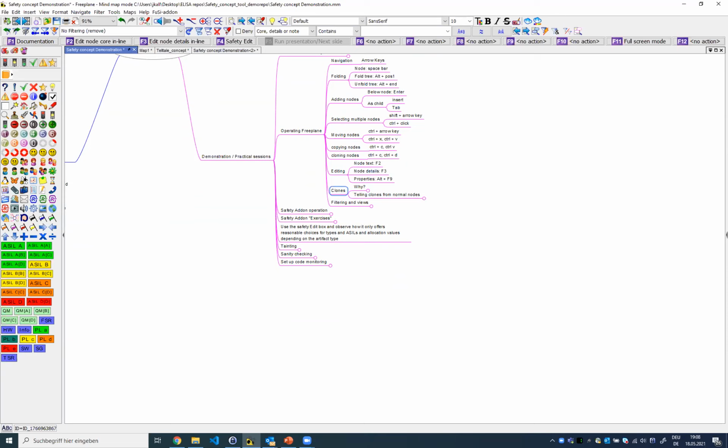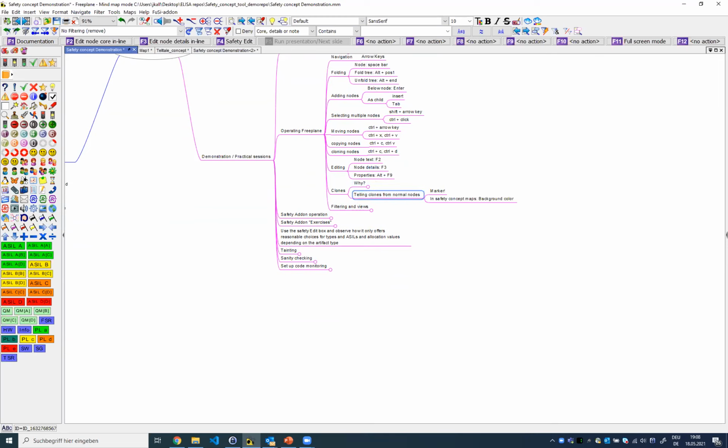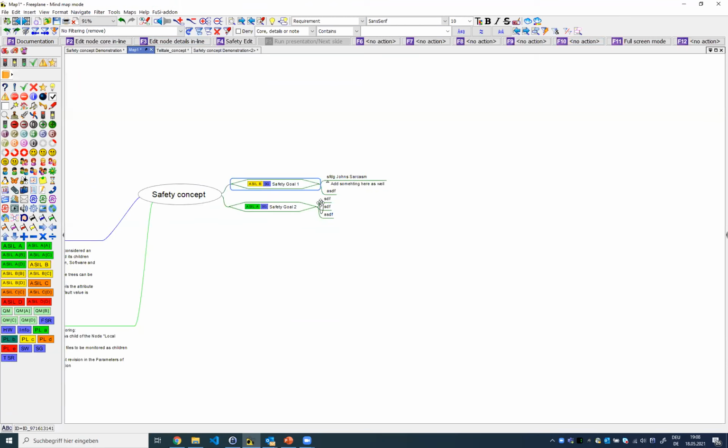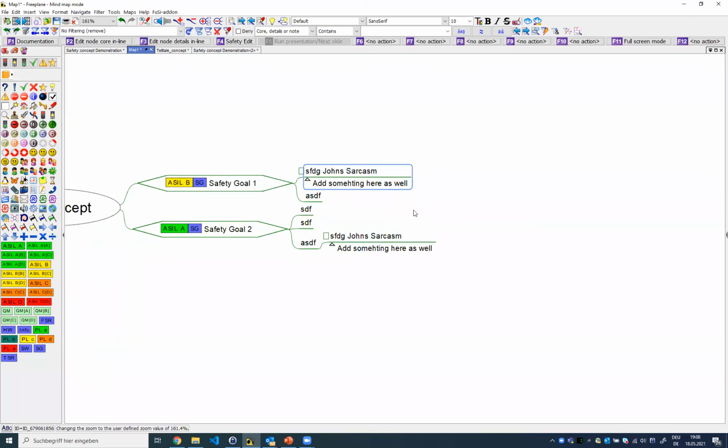Ah, okay. We already covered clones and why we want clones. A clone can be differentiated from a normal node with the clone marker. So if I take this node and add it here as a clone with Control-D, you will see that both nodes now have this little square here. And that's the indication of a clone that comes with Freeplane. But it wasn't noticeable enough for me. So I added this